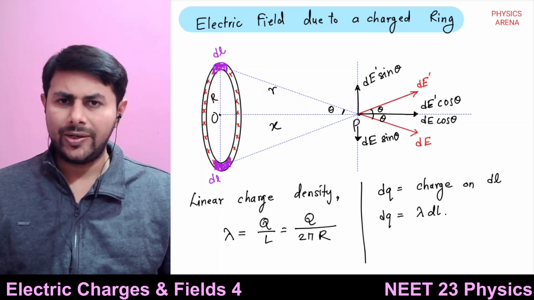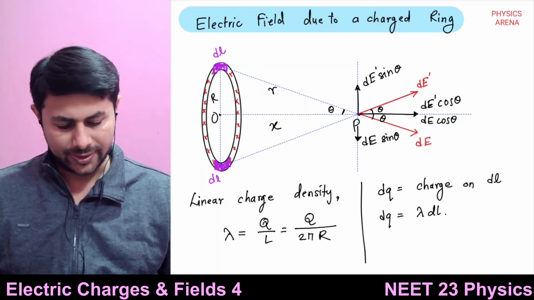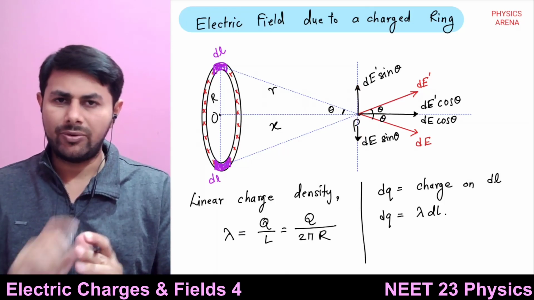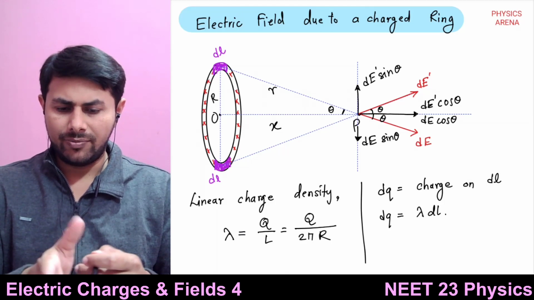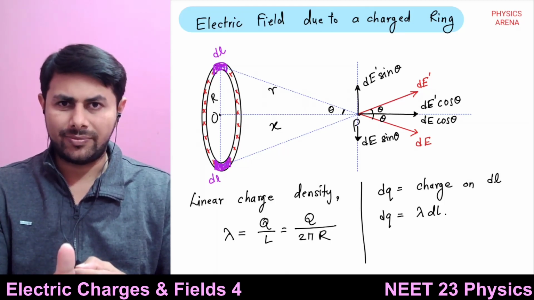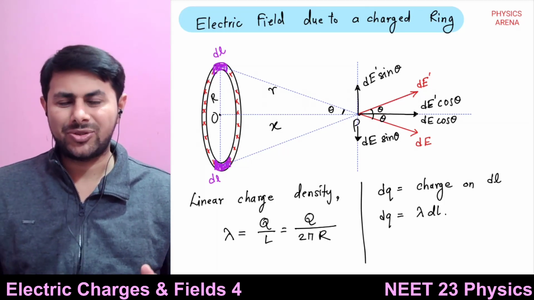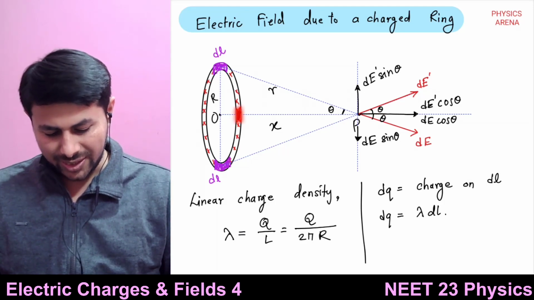So there would be a component along the axis, there would be a component perpendicular to the axis, but those components will not be vertical, they will be horizontal, right? They will be horizontal, but they will be opposite to each other. This is the point, they will be opposite to each other. Okay, so if you want to imagine why those components would be horizontal, consider a length element here